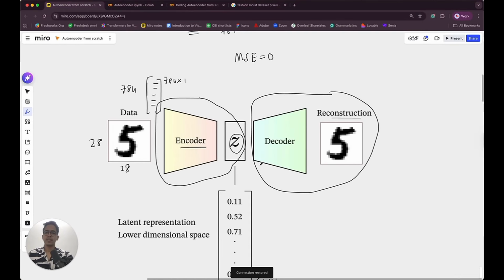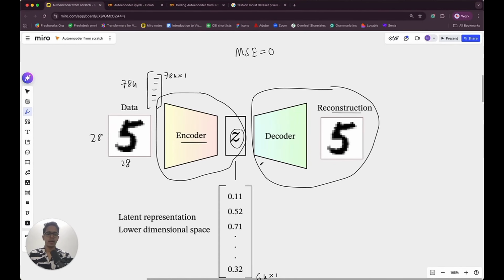I hope you understand autoencoder, how it works and what it can be used for and what it cannot be used for, and why we say that it's not a great generative AI model, because the reconstruction is not the greatest. In the next lecture, we will discuss variational autoencoder, which is significantly better than autoencoder at generalizing the